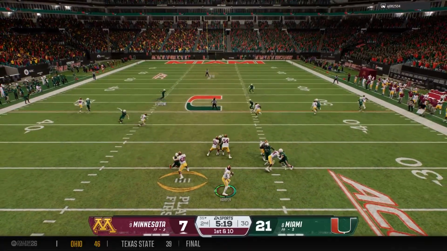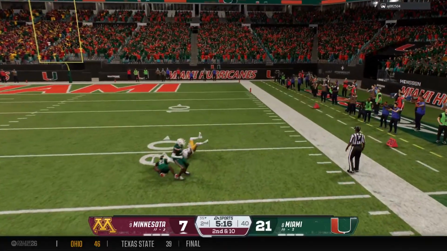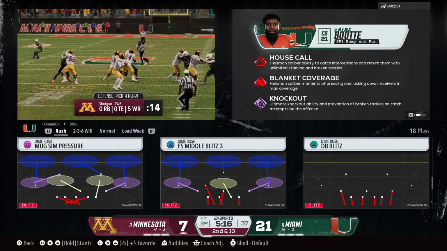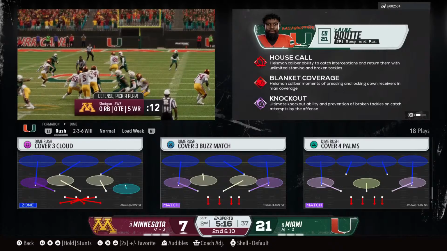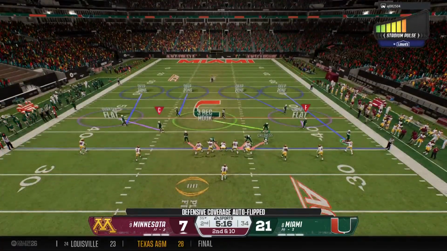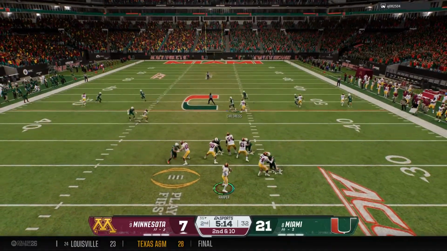Scanning the field, it's Harper. Looking deep to the right side. Incomplete. They cannot connect on the deep ball. It has been a tough first half in this playoff game for this offense. They cannot get anything going through the air. Not only are they down on the scoreboard, but there's really nothing to build around as we get ready to...